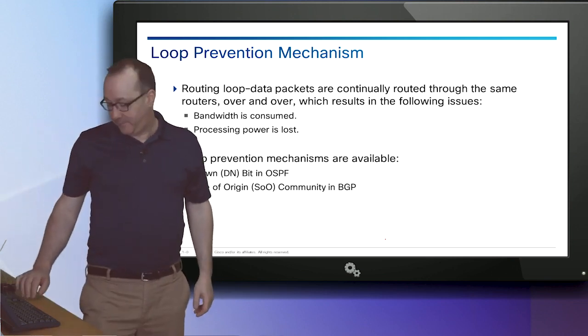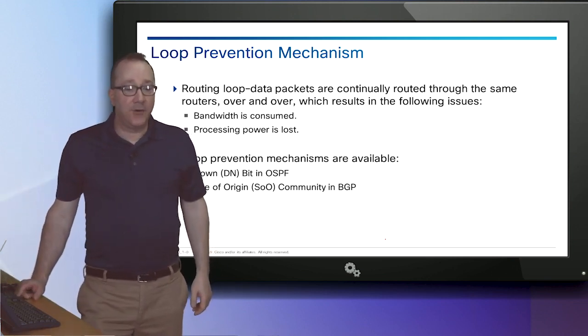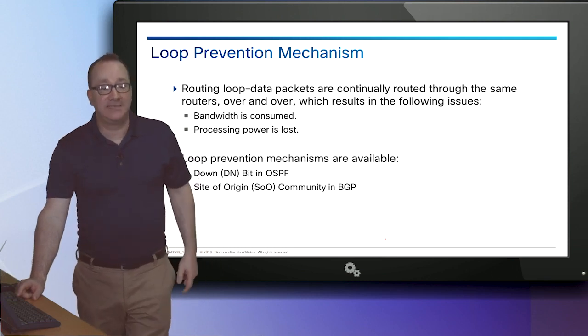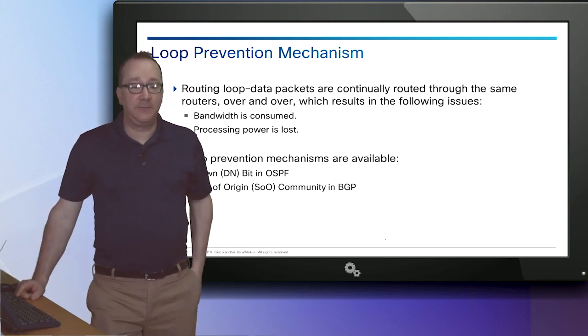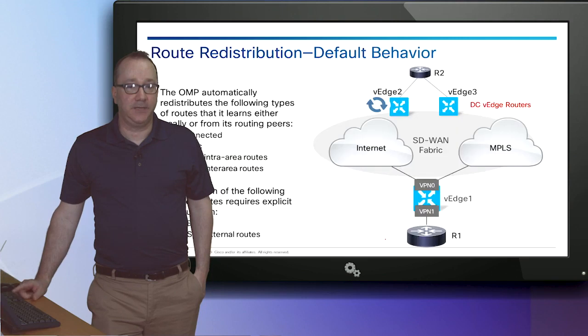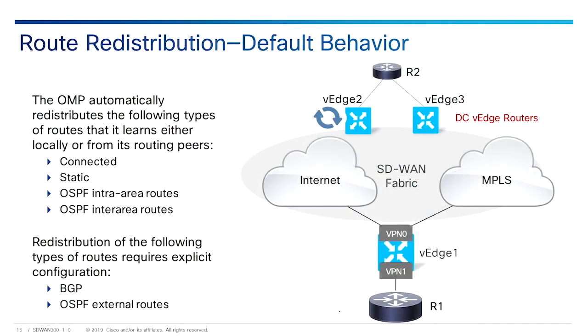We need some kind of loop prevention mechanism. In OSPF, we actually have the down bit. And in BGP, we have the site of origin community. Okay. Now, how do we do route redistribution and make sure that we don't have any loops in OMP? Well,